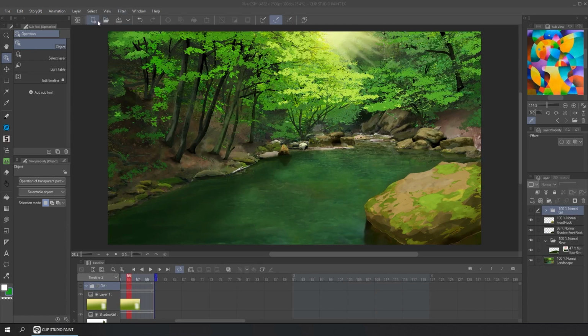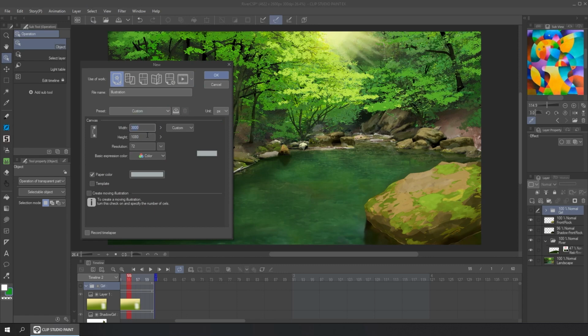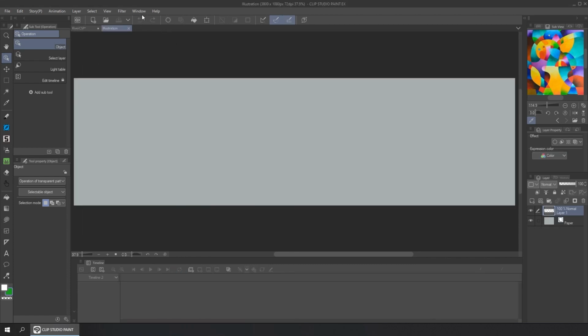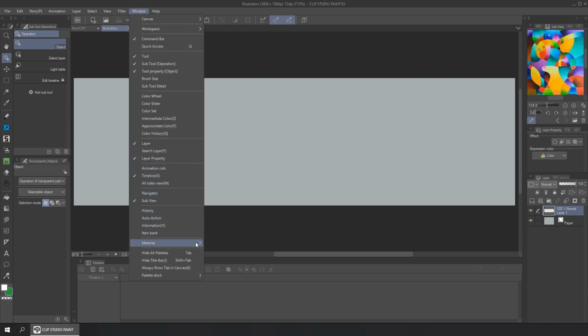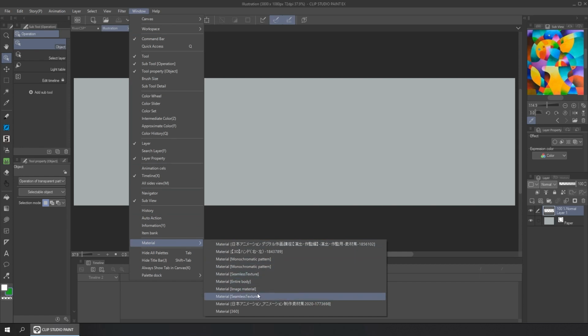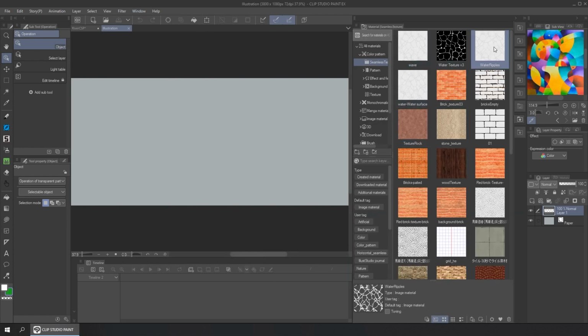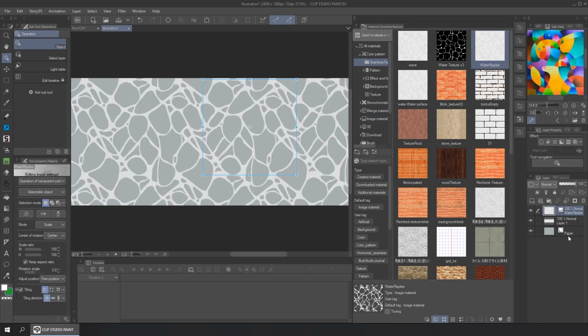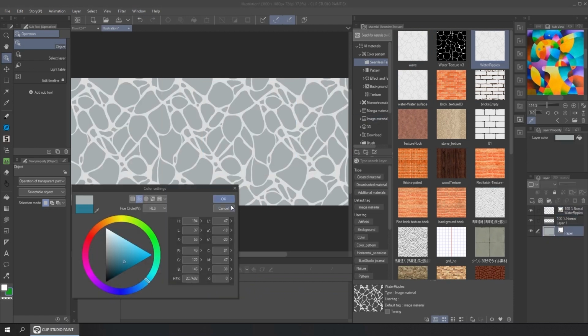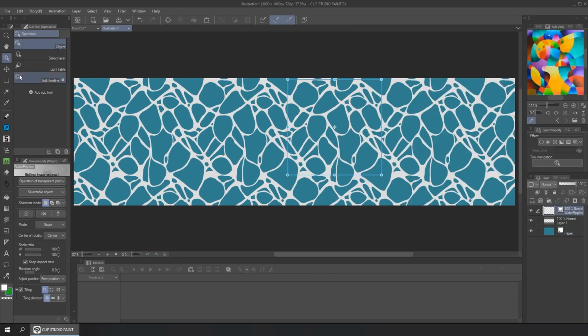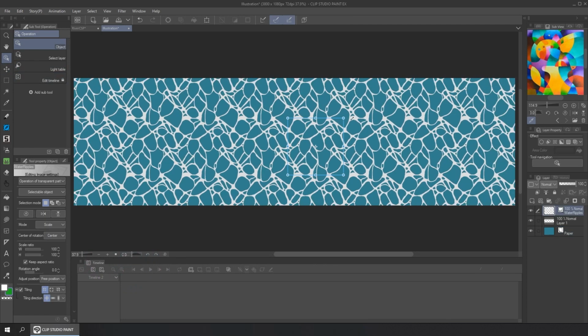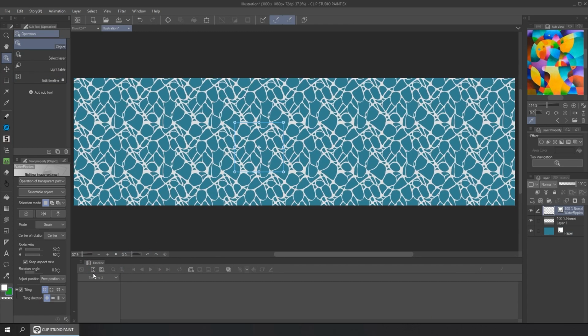We're now going to create the river waves in this new file. The file needs to be big enough to cover the entire mask of the river. For example, this size is enough. So in the material panel, find the ripples for the river or the specular, whatever you want to call it. This is the one I'm going to use. To see better, let's change the paper color. Now change the scale of the texture to accommodate the scale of the river.